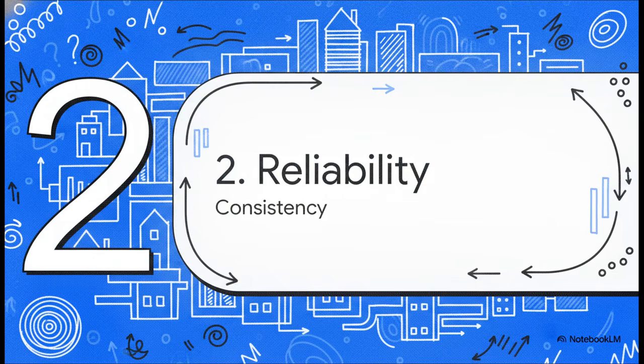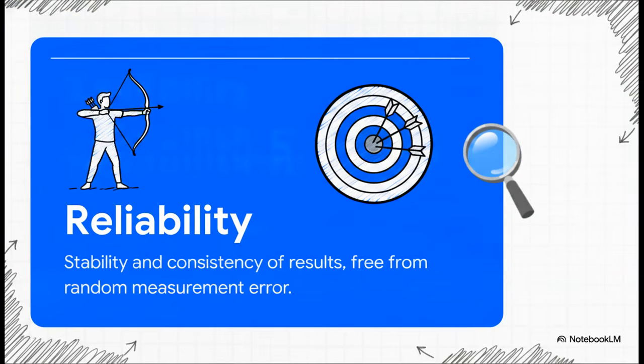All right, that brings us to our second pillar, reliability, consistency of measurement. So our score has a neighborhood now. It has some context. But that naturally prompts our brains to ask a really critical question. How do we know our test isn't just measuring random noise? How do we know it's actually a stable tool? Let's define reliability. In psychometric terms, this is the stability, consistency, and dependability of test results totally free from random measurement error.